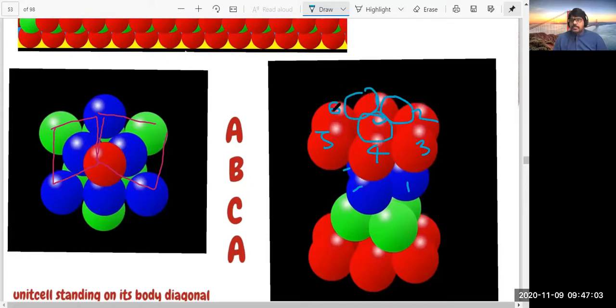This is 6, 7, 8, 9, 10, 11, 12. That means the coordination number of a particle in cubic close packed structures is 12. The coordination number is 12. Packing efficiency is 74%. Already, in the internal structure of cubic structures, we discussed the FCC, face-centered cubic lattice, body-centered cubic lattice, simple